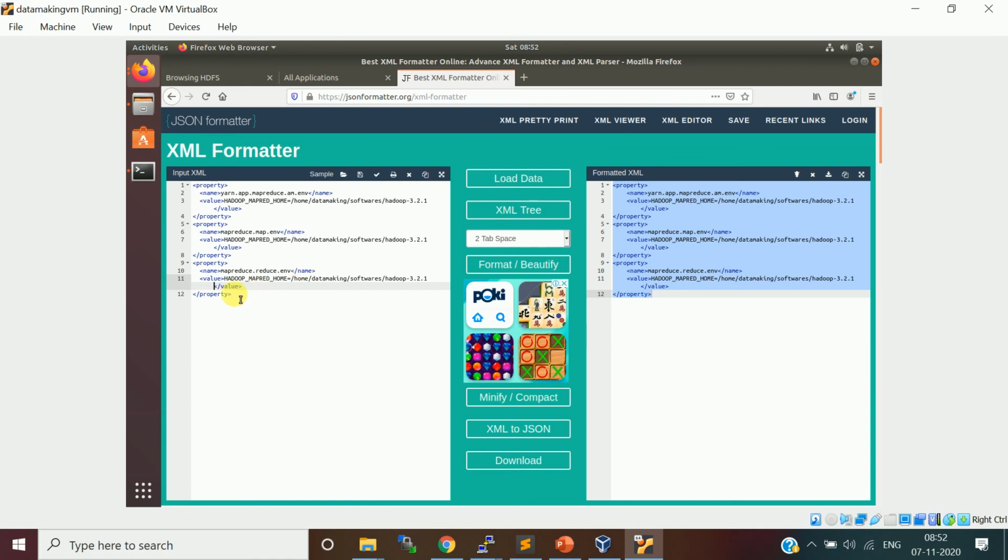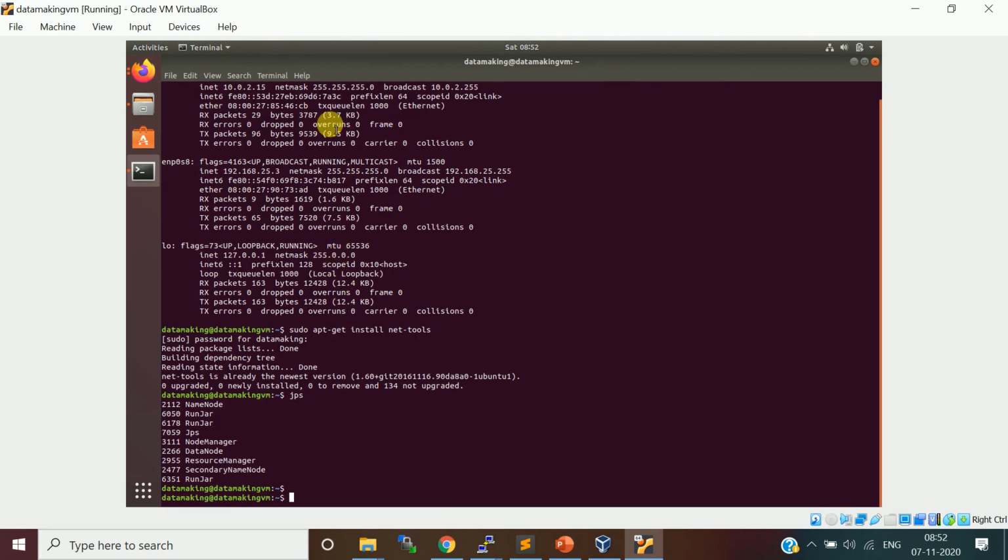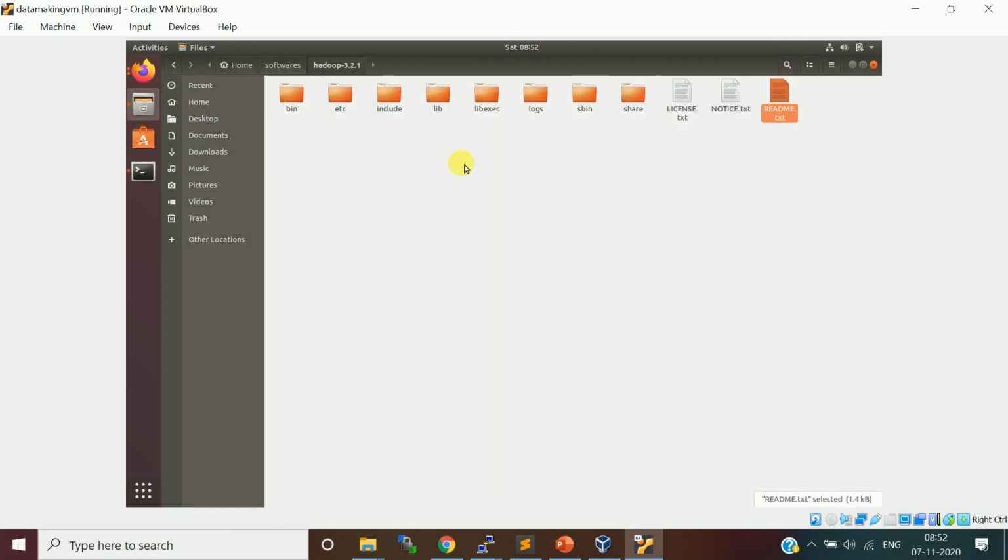So for that we have to set the MapReduce home directory, the Hadoop MapReduce environment variable in your mapred-site.xml. These are the properties you need to provide. I'll just take this property. So what I need to do is open my config directory of Hadoop.